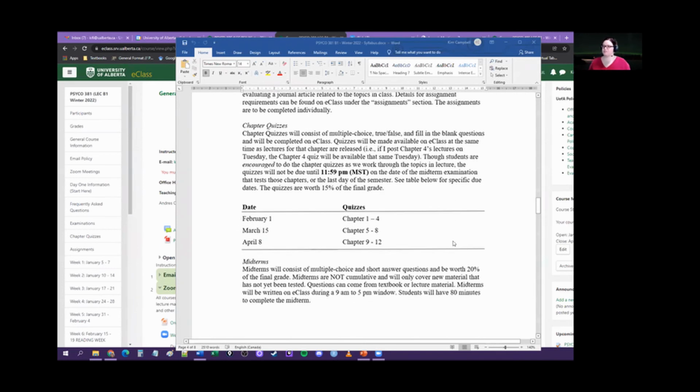There are going to be chapter quizzes, so I'm going to include a mixture of multiple choice, maybe some true false, maybe some fill in the blank questions, all through eClass. You should be able to see the first set of those. They're going to be mostly multiple choice to begin with, just because the early chapters are very basic. We're just getting our toes in the water at the beginning. We'll eventually work in some other kinds of questions, but I'll give you a heads up when I'm doing it. I will post the chapter quizzes as I post the material,